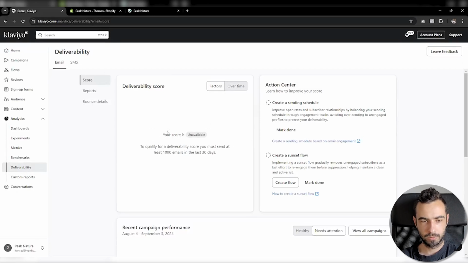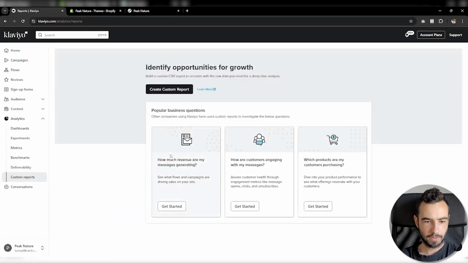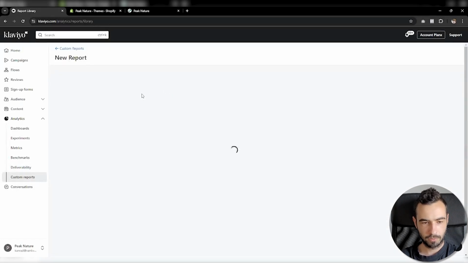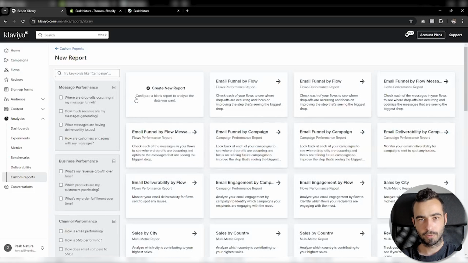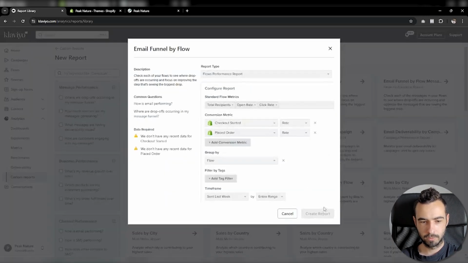But overall, pretty cool just to get a rough idea of what's going on with your deliverability. Then you can also have custom reports, which are also very helpful. You can have custom reports for flows, for campaigns. Usually we like to do one for flows. Currently, once again, it's a draft account, so I don't have this data, but when we do monthly reporting, we